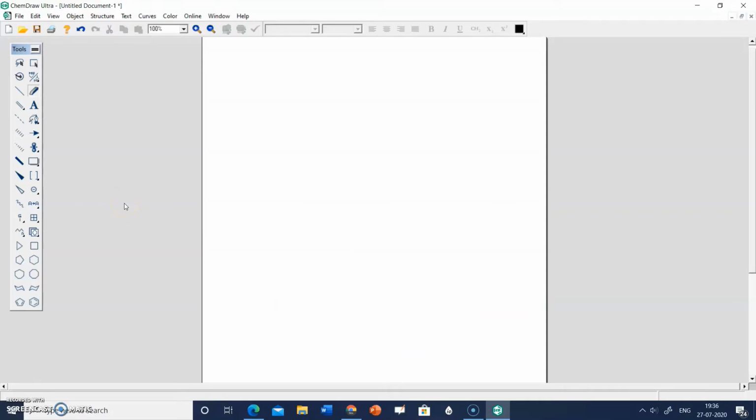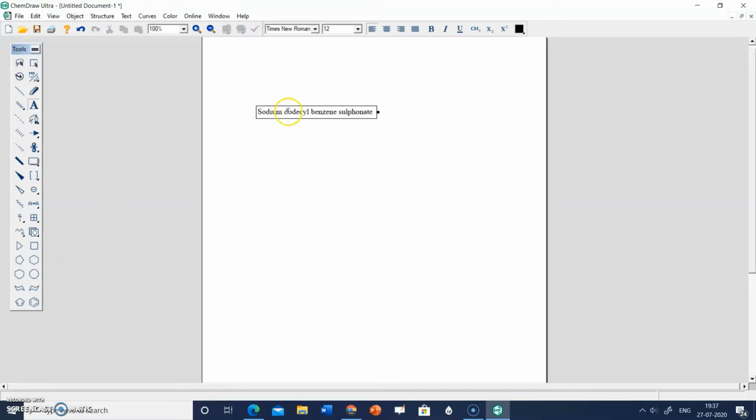that how you can create or draw a structure on ChemDraw. Actually, the process is similar to what I have already explained in the online version also, but I am going to explain with one more example. So let's say I want to draw the structure of sodium dodecyl benzene sulfonate.